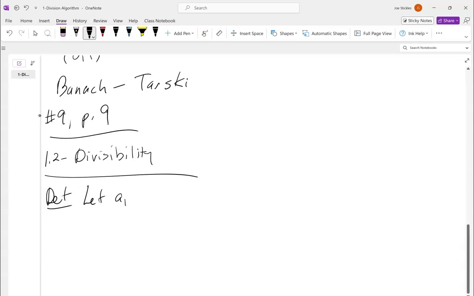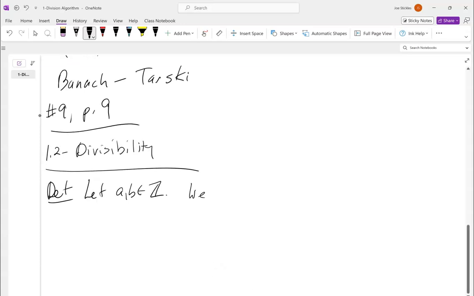So let's let A and B be integers again. I'm going to change up what the definition is in here. The definition in your text says B is not equal to 0. That doesn't have to be; B could be 0 in this case. It just wouldn't be unique in that case. So I'm going to eliminate that particular condition. We say